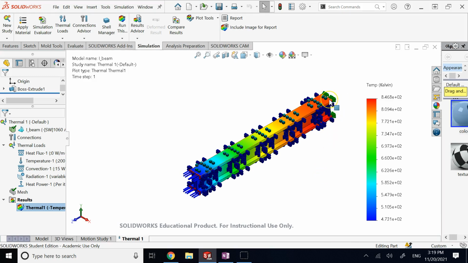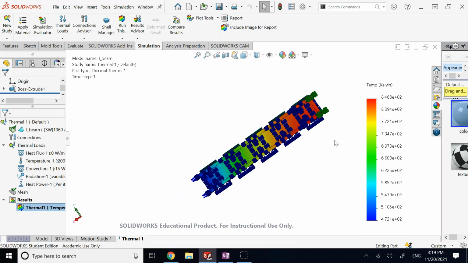Now if you look on the right hand side, instead of having that big drop, guess what? You have 846, 47. So now the right side, which was the coldest part of the beam, this time it is actually the hottest part of the beam. Because now you're adding more and more heat from the bottom of the beam to the beam. So this time the nature of the problem is quite a bit different,